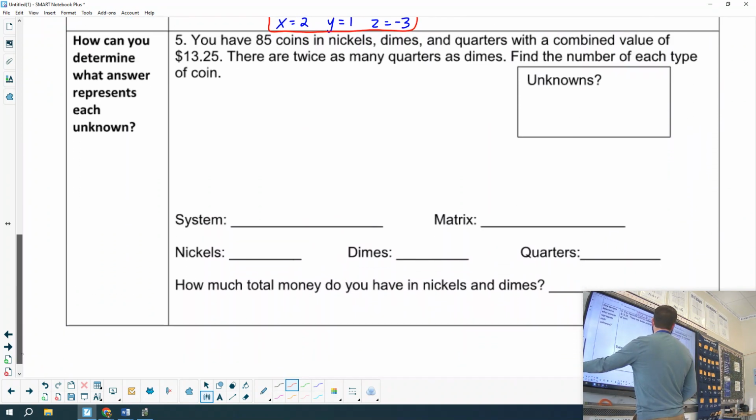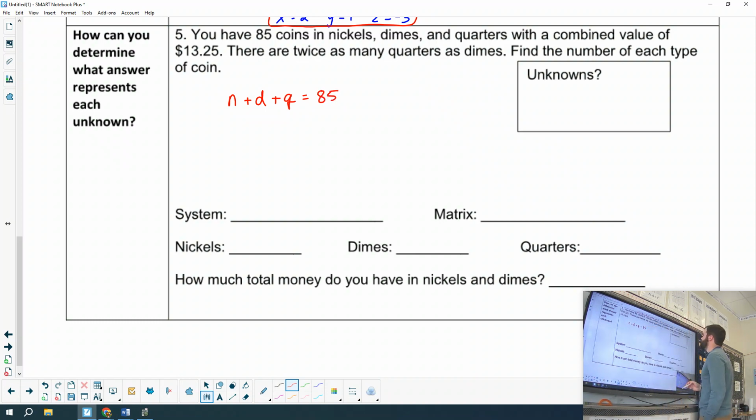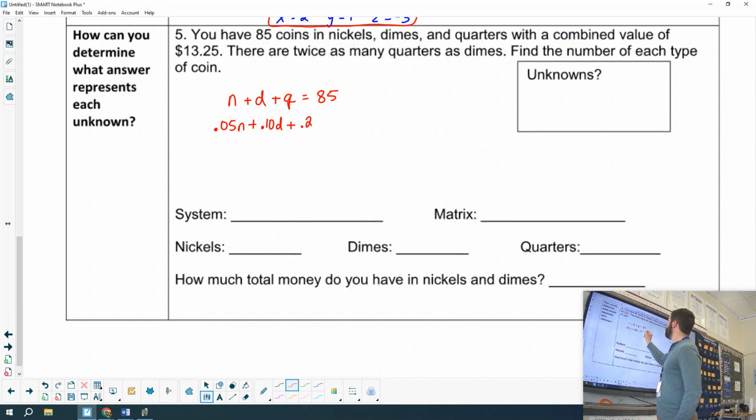Number 5 is our first word problem, and we're trying to figure out how many nickels, dimes, and quarters we have. We have 85 coins in nickels, dimes, and quarters. So I'm going to write nickels plus dimes plus quarters equals 85. Then it says with a combined value of $13.25. So that's going to be 5 cents for each nickel plus 10 cents for each dime plus 25 cents for each quarter equals